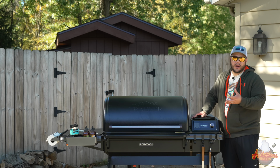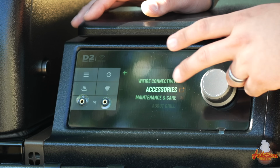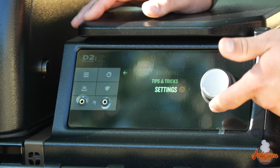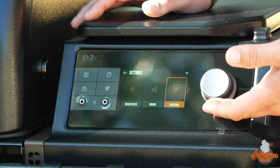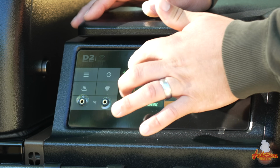Now, as you can see, as I go through this menu, it's going to go through the Wi-Fi technology. That's how they coined their Wi-Fi and wireless connectivity. It has the accessories, the maintenance and care, about the grill, tips and tricks, and settings. This is a very intuitive menu. Just to run through a few of the things, what are we going to change? Well, you've got brightness, sound, language, and units, Fahrenheit or Celsius. If we go back,